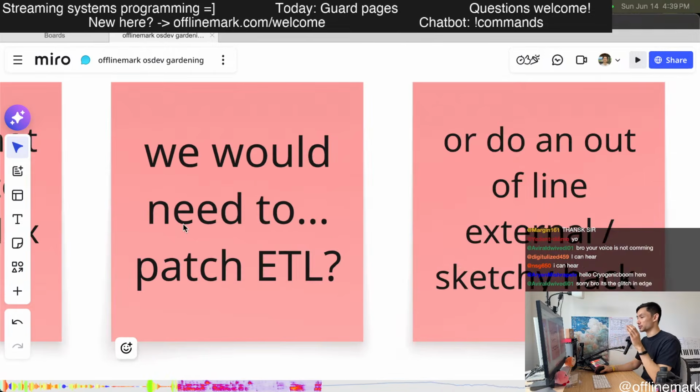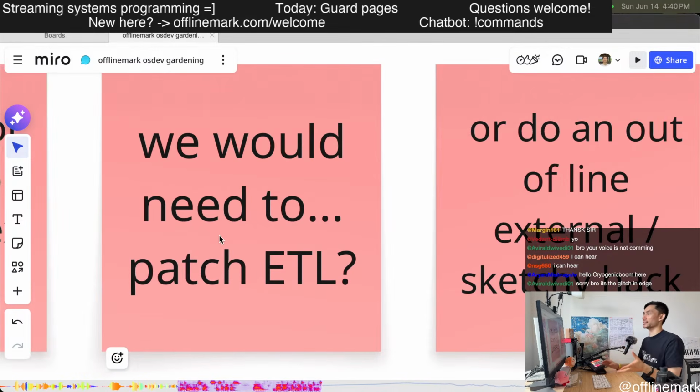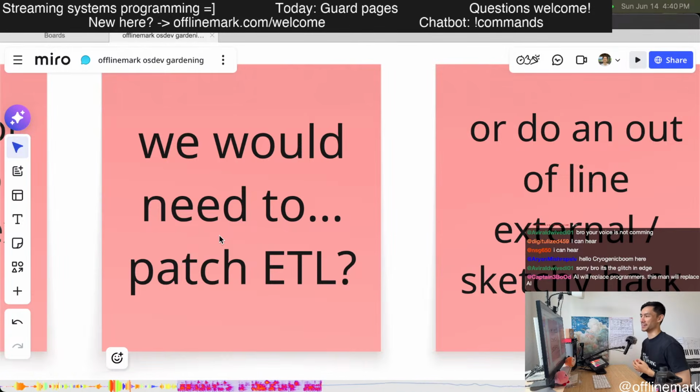Or we could just patch ETL, which is less sketchy because then we can make use of the internal node structs and stuff like this. But that has the downside of patching ETL. In general, it's nice to not patch the hell out of your dependencies. Patching things makes upgrading much more difficult potentially.